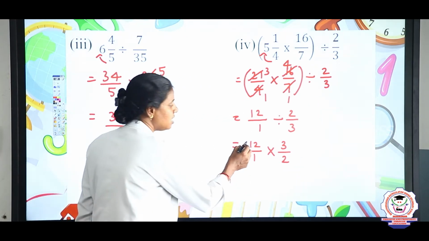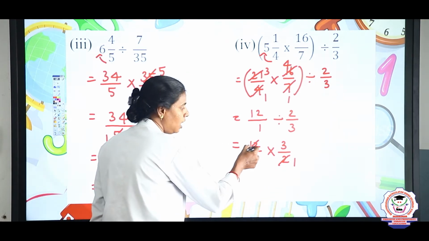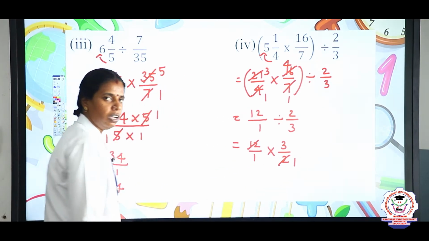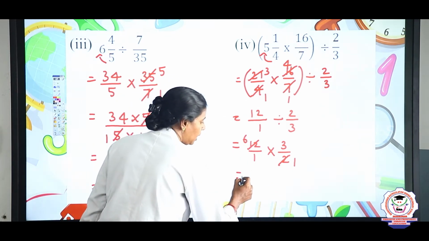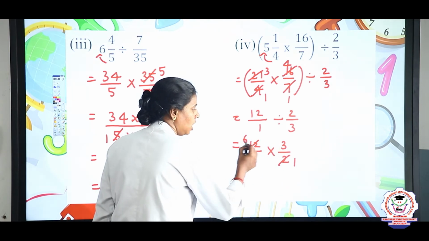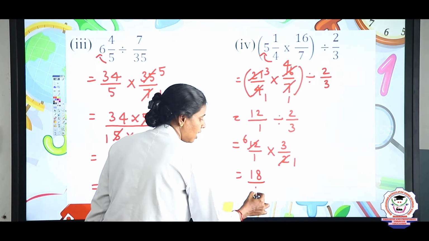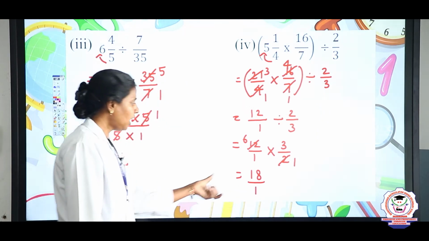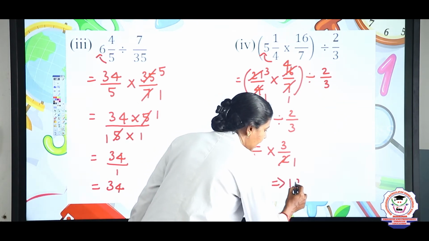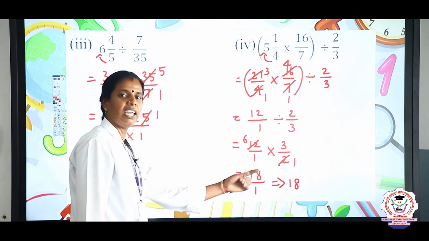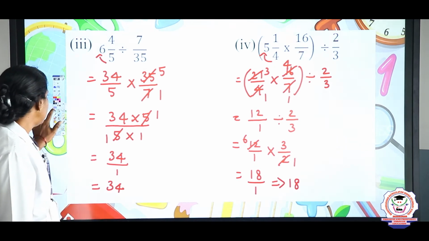Now we can cancel this 12 and 2 in the 2 table. 2 ones are 2, and 12, how many times can we get? 2 sixes are 12, right? The remaining we can multiply now. 6 into 3, 6 threes are 18, by 1 ones are 1. So how can we write this 18 by 1? 18 by 1 we can write as 18. When the denominator is 1, we can write the numerator. Is it clear? Okay, the next example is,